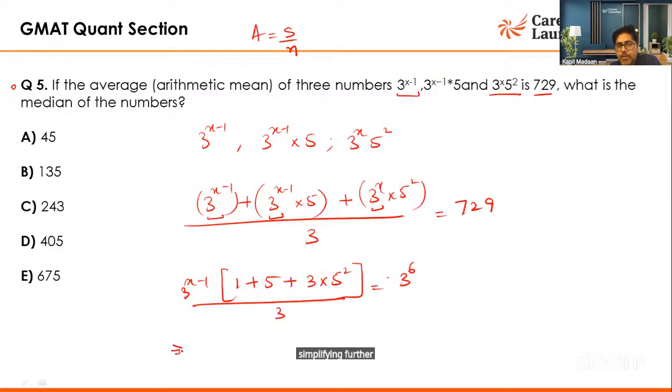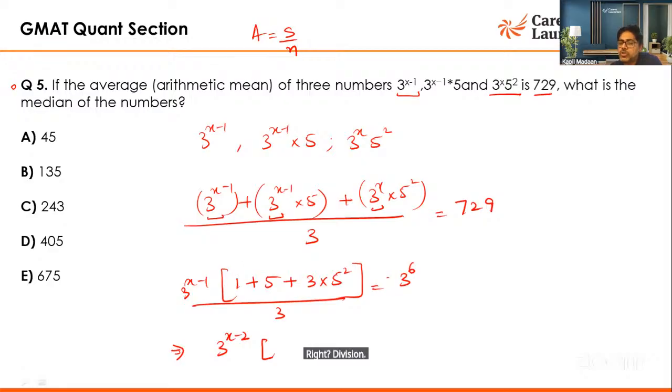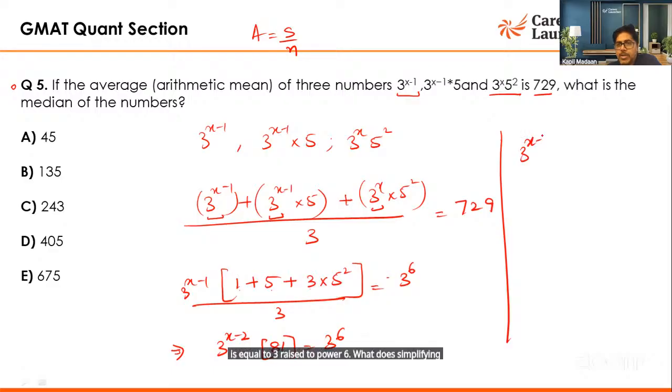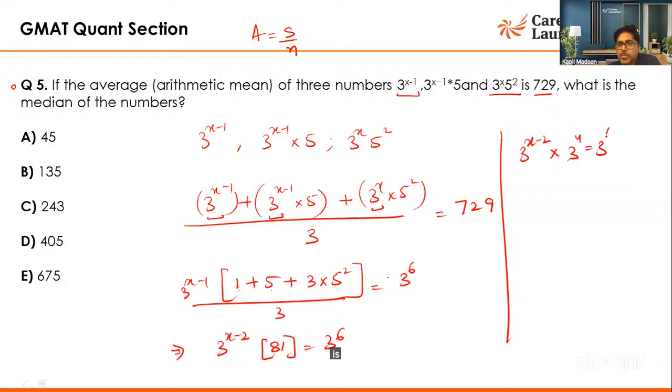Simplifying further, 3 raised to power x minus 1 divided by 3. So can this be written as 3 raised to power x minus 2, right? 3 is in division. So it will be 3 raised to power x minus 2 times 1 plus 5 plus 75, that is 81, is equal to 3 raised to power 6. Simplifying further, 3 raised to power x minus 1 into 81, which is 3 raised to power 4, is equal to 3 raised to power 6. Simplifying, bases are same. If the bases are